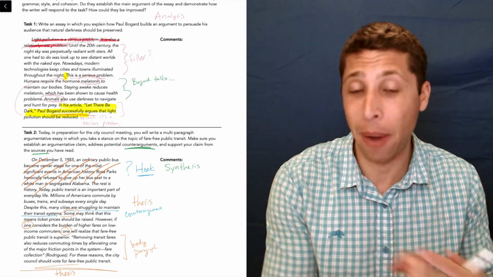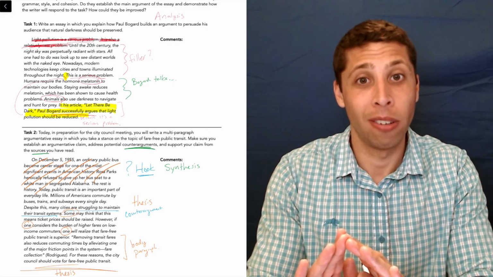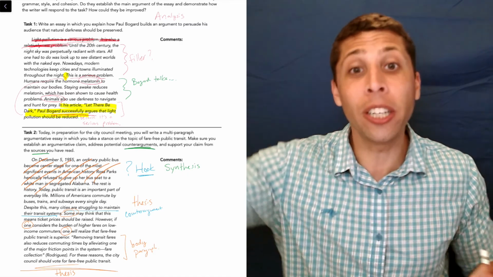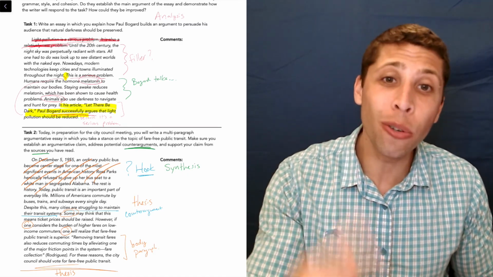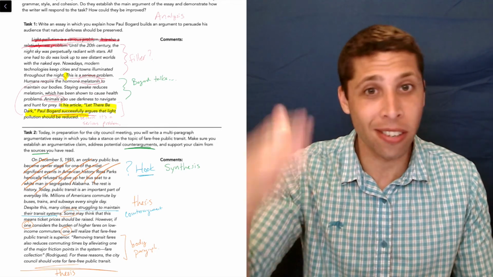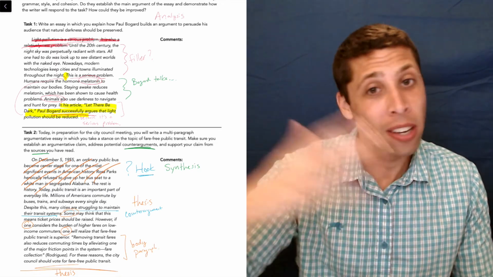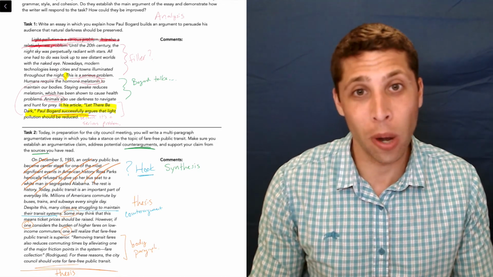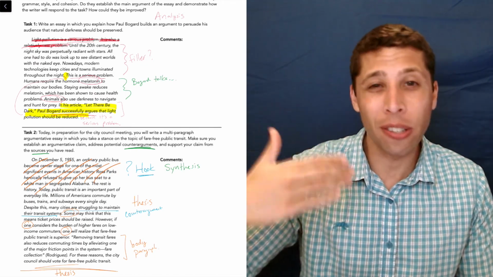So a clear intro is not just helpful for your reader to follow what you're going to argue, but it's helpful for you to follow. Because then you know, I've got to stay on task. I've got to argue this thesis throughout. And if you're debating whether or not to include some evidence, you've already made it clear in your intro what you're arguing. And you can always look back to that and see, is this really part of my argument?